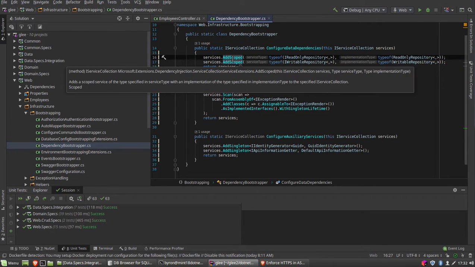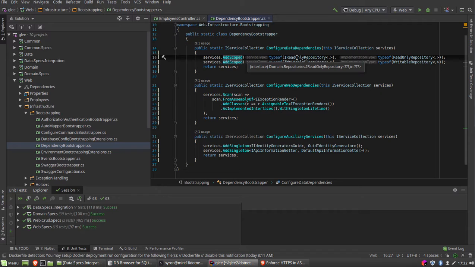So these two things are good to have as scoped to the lifetime of the request, because there may be some state that's necessary that from use to use during that request, that it may need to share. So that's why these are good to have as one thing. As far as web dependencies go,